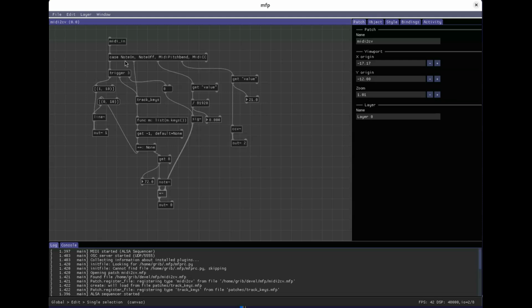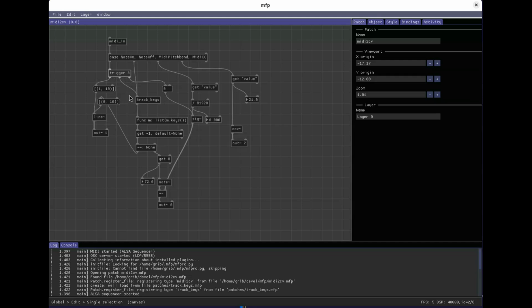So now if we look at the next two, note on and note off, these are the money events here. They work together to define the pitch and the gate signal. Let's look at the note on first. So that's this first output. It goes into a trigger. Trigger, like in PD, is a sequencing element that just copies its input to its outputs one at a time. So it goes from right to left, this one, then this one, then this one. And then that,